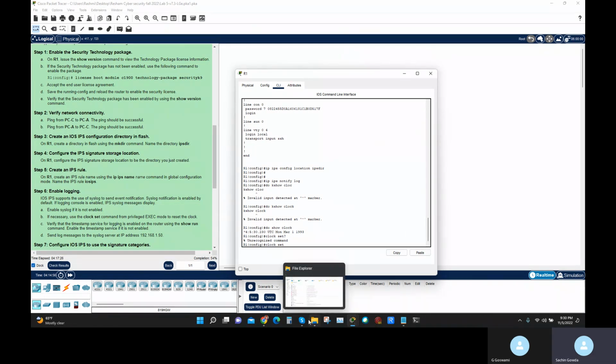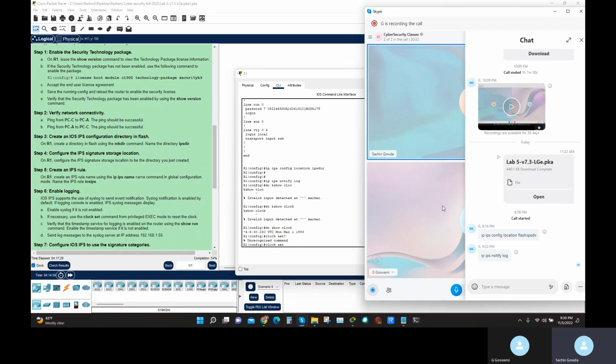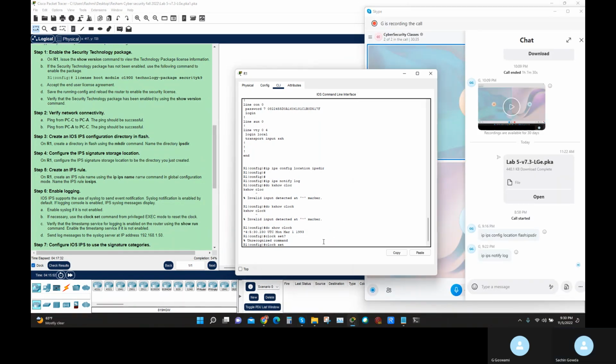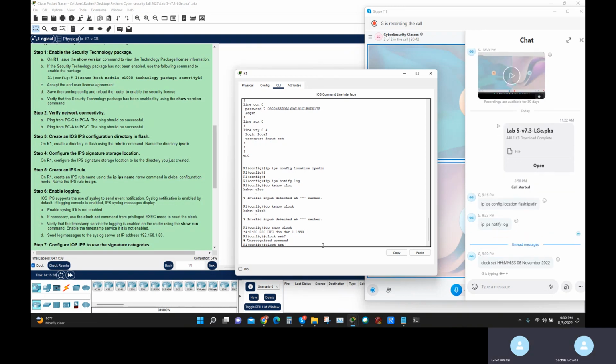So here, clock set. I have given you the command in the chat box. It is clock set, and then what is the hour, as per your time zone, the hour, then colon minute, then colon second, and then whatever the date is, maybe in your place it is 5th November 2022. Okay, so hour, minute,